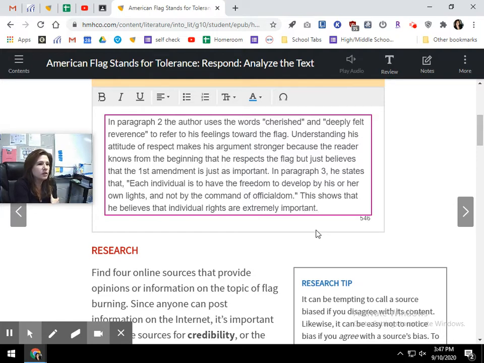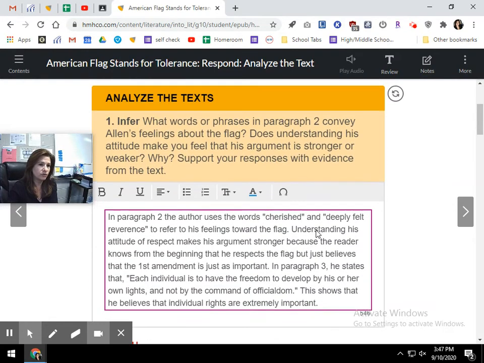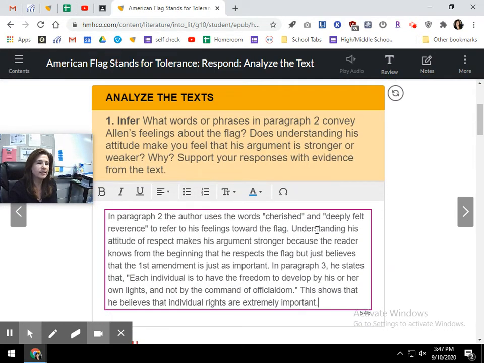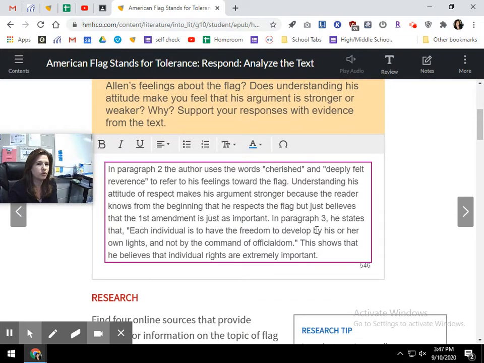So let me just go back and look over my answer and see how I feel about it. Let me make sure I answered the question. What words or phrases in paragraph 2 convey Alan's feelings about the flag? Does understanding his attitude make you feel that his argument is stronger or weaker? Why? Support your response with evidence from the text. In paragraph 2, the author uses the words cherished and deeply felt reverence to refer to his feelings towards the flag. Understanding his attitude of respect makes his argument stronger because the reader knows from the beginning that he respects